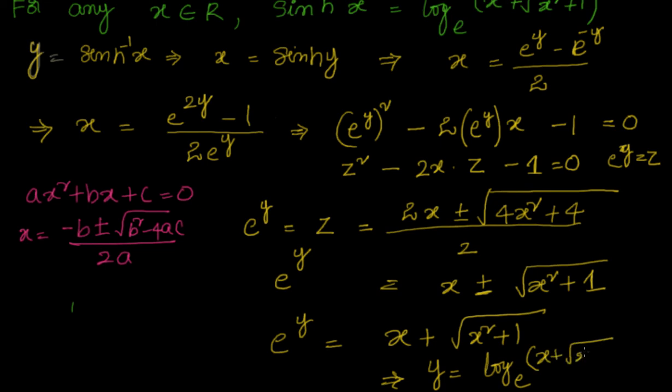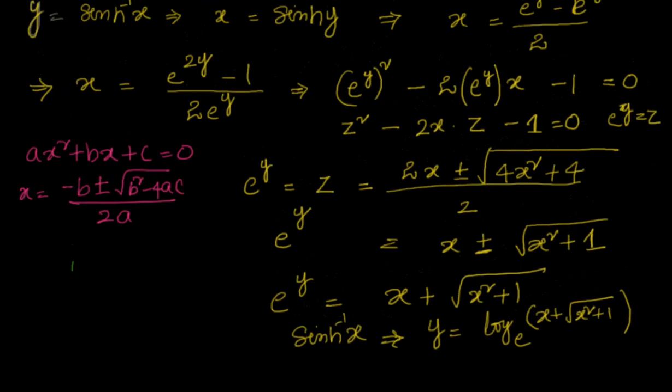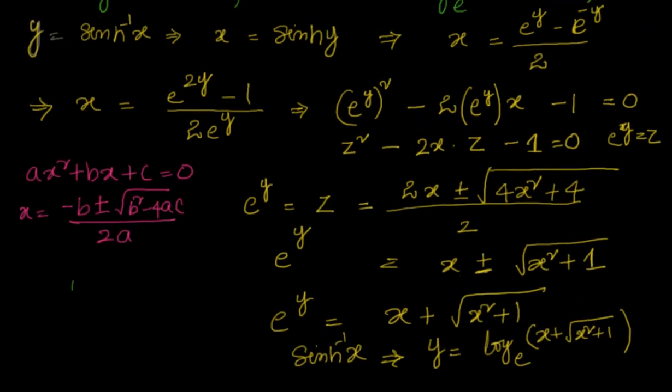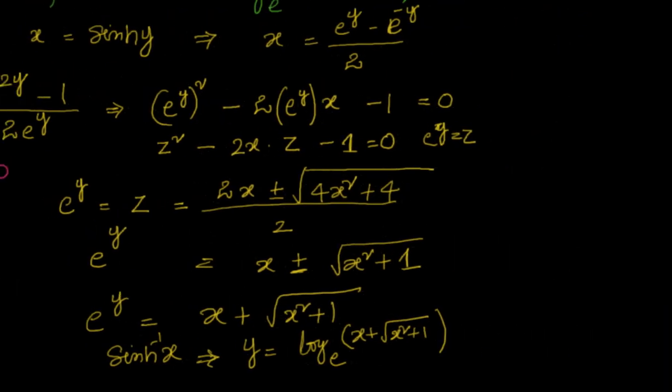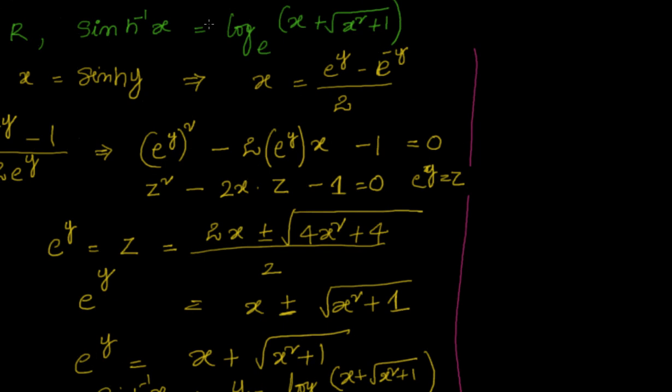Let me just put a line here and we will try to solve it in another way also. Now we have to prove that sinh inverse x equals this one. We have taken y equal to sinh inverse x, and we went there. Suppose I take y equal to this one and prove y equal to sinh inverse x, that also I can do. So let us check that one also. y equal to sinh inverse x equal to whatever is given to us, that is log e of x plus square root of x square plus 1.